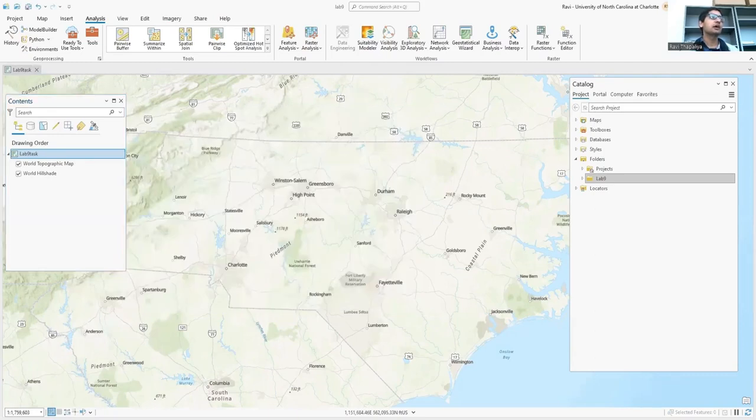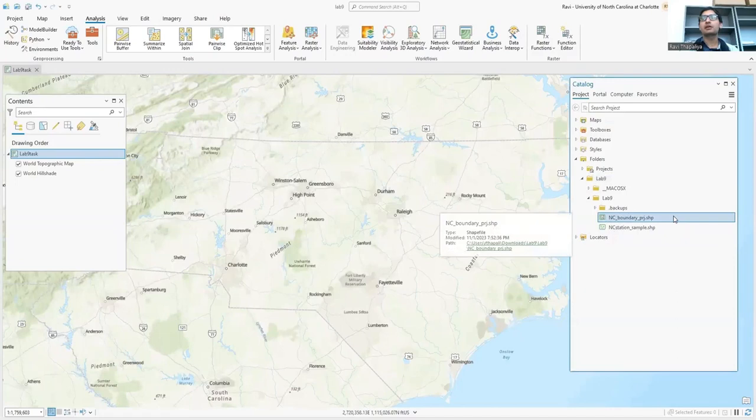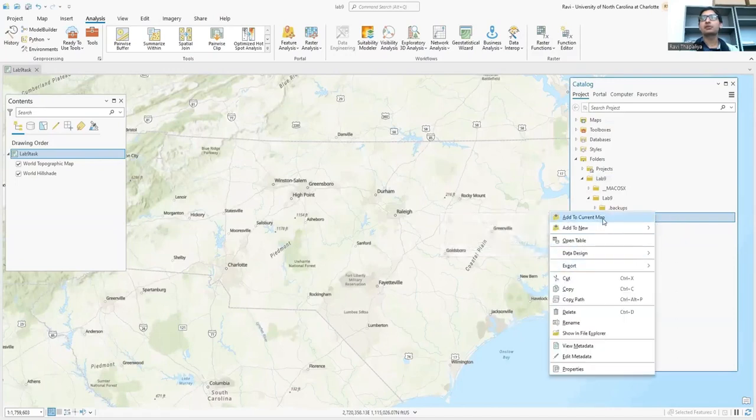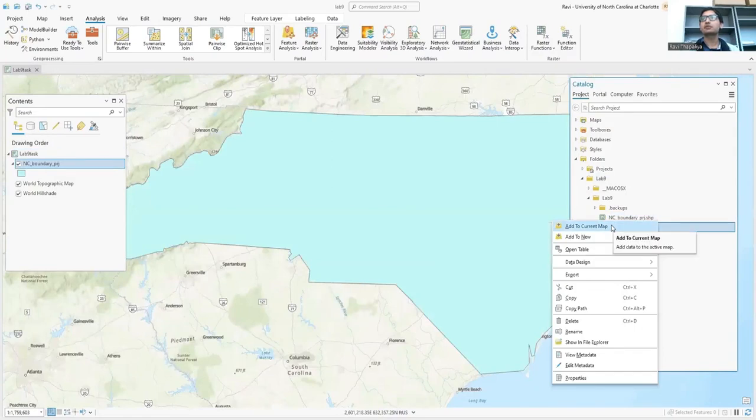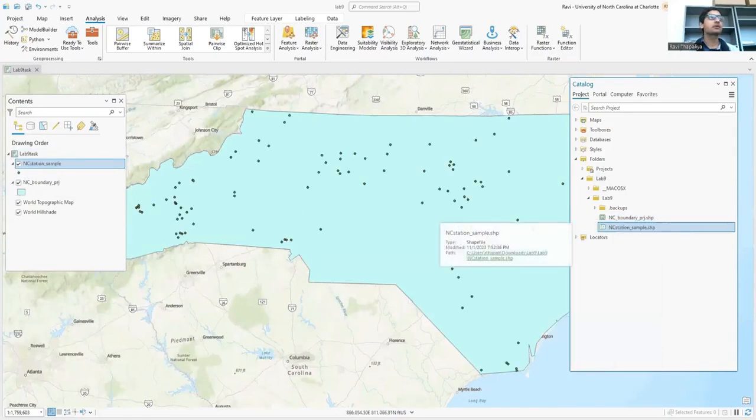Step 2, add ANSI station sample and ANSI boundary to the contents pane. So go to your Lab 9 folder and then add ANSI boundary to the current map and then ANSI station sample also to the current map. So once you have added them from the catalog to the contents pane, in step 3, in the ribbon, click